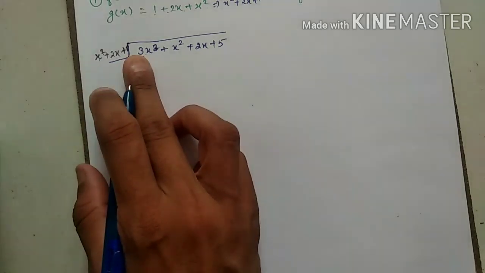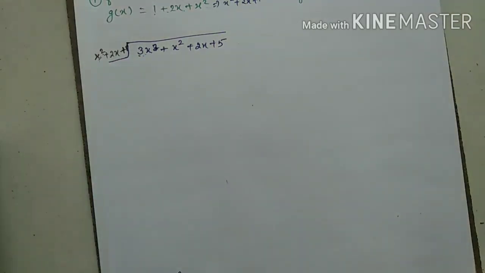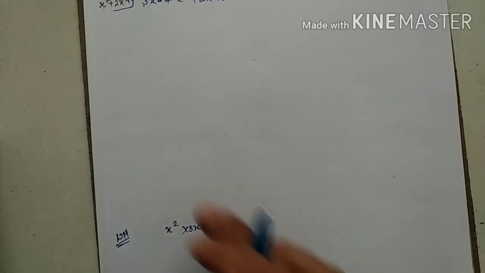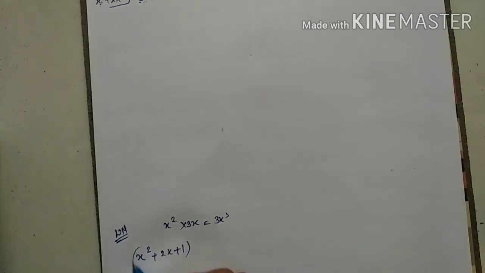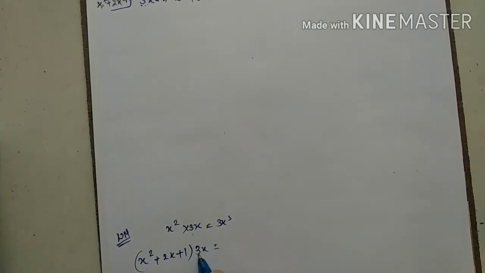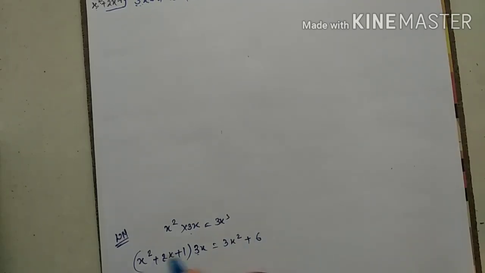One more thing, here is 3 and I don't have 3 here. So I have to multiply 3x. What I have to multiply? 3x. So I will get 3x cube, correct or not? Correct. So this one you have to apply with the complete part. So what you will write? 3x square plus 2x plus 1. What you will multiply? 3x. So what you will get? 3x into x square, 3x cube, plus 3 2s are 6x square, plus 3 1s are 3x. So this is what you are getting.